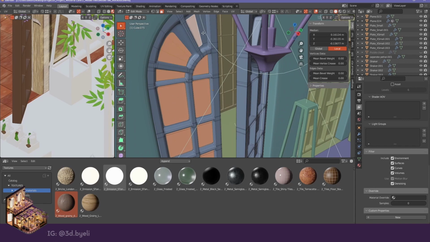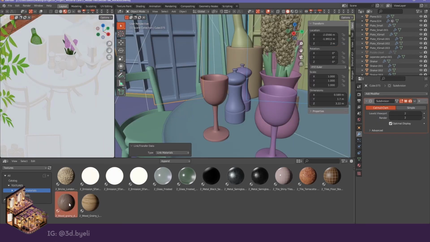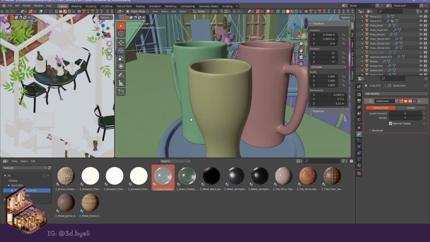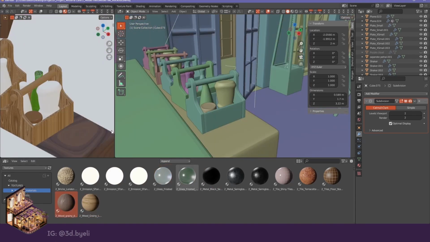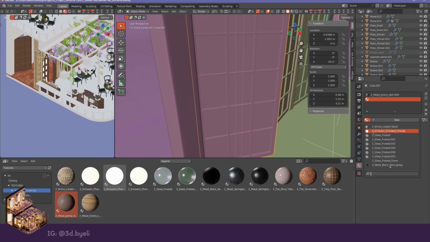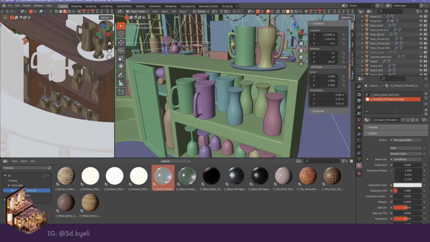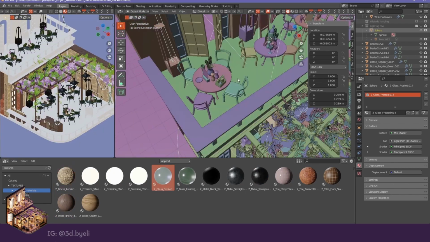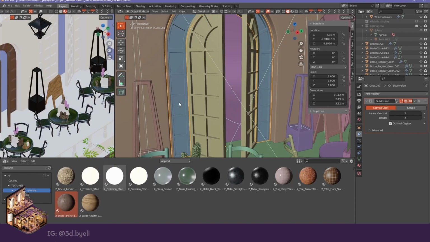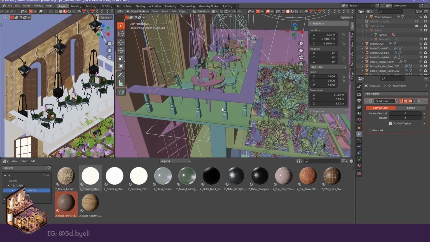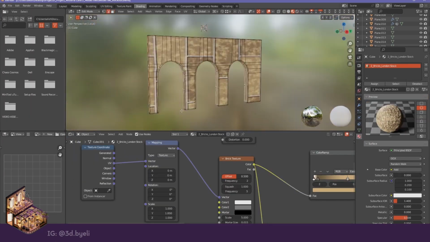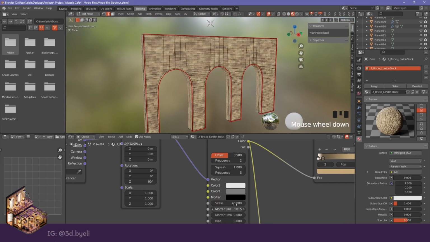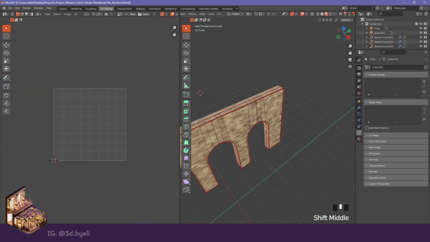I used quite a lot of materials from my asset library and adjusted certain materials to be slightly different and not look the same. To make sure the brick looked somewhat correct, I had to UV unwrap the arches, make sure the bricks were not stretched. Once I was done with